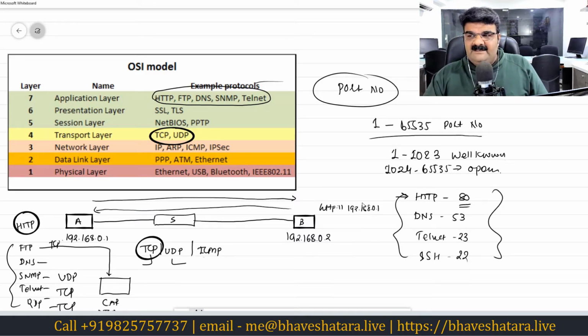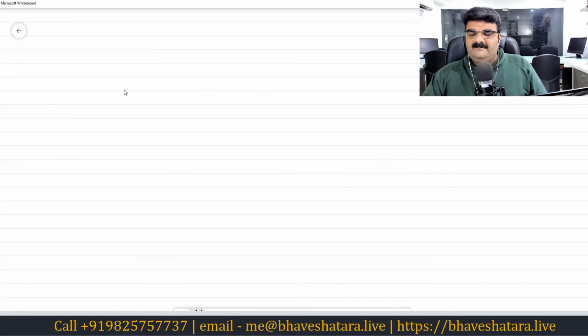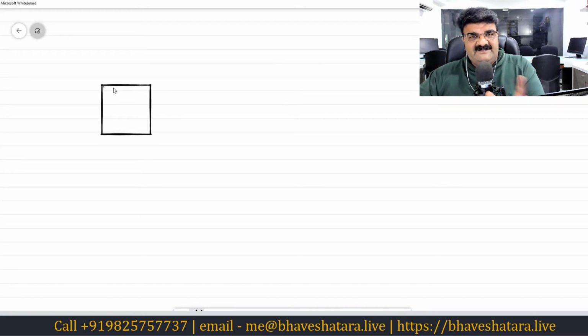Let me give you an example. I have this server, which is connected with the internet. I can say this is an EC2 instance as well, and this is a web server. If this is a web server, it only welcomes port number 80.